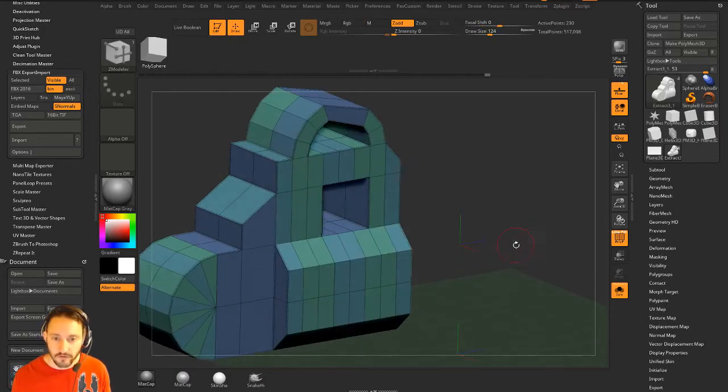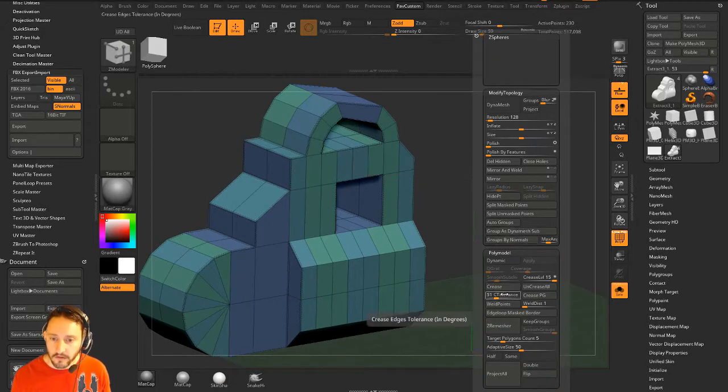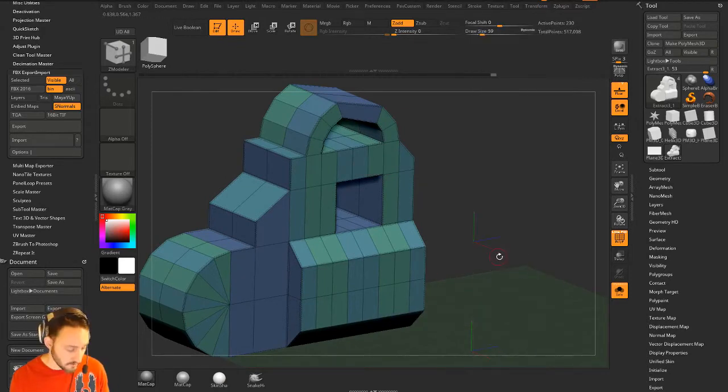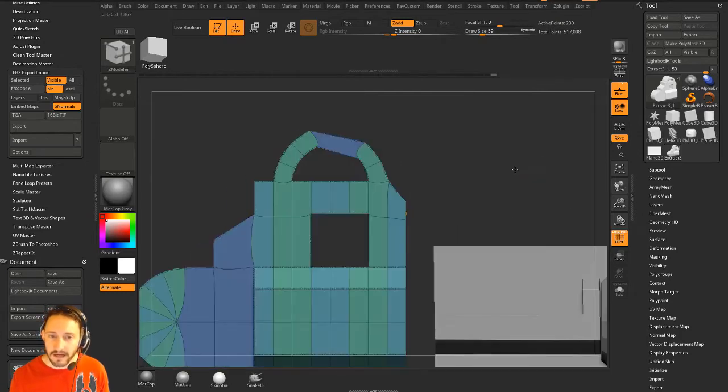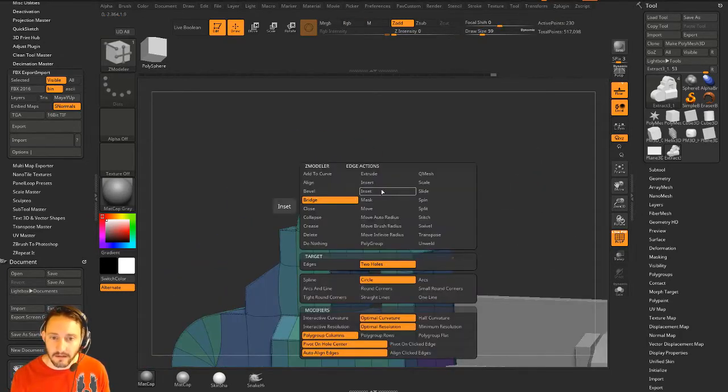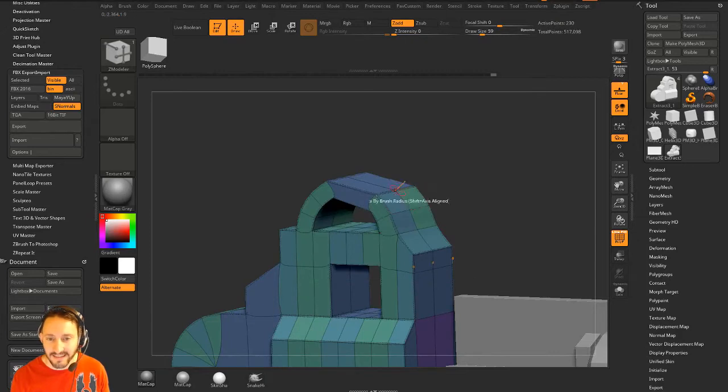And if you do Shift D, you can hop out of this mode. So you can drop our crease tolerance down. There we go. So now we can get this crease going like so. But in Maya, the creasing is a little bit, I don't know, you have to select the edges and make,